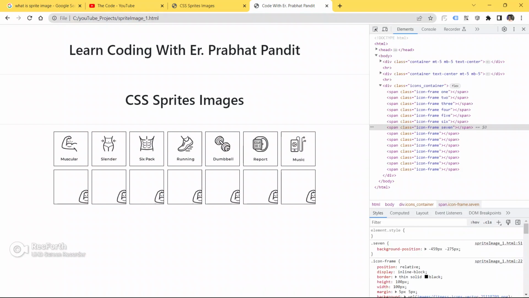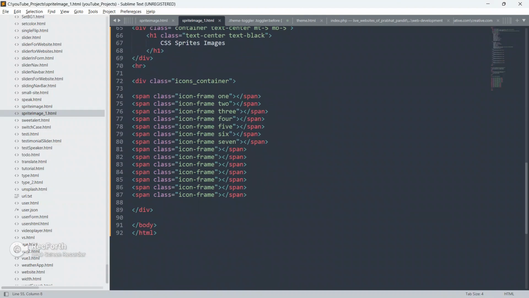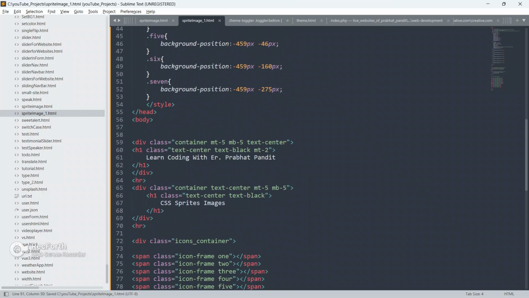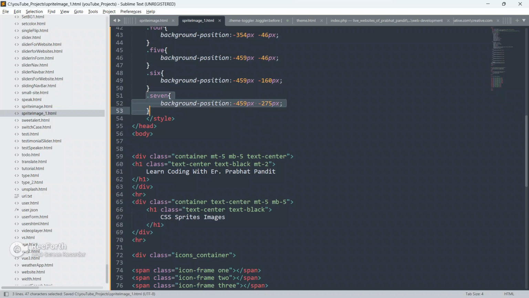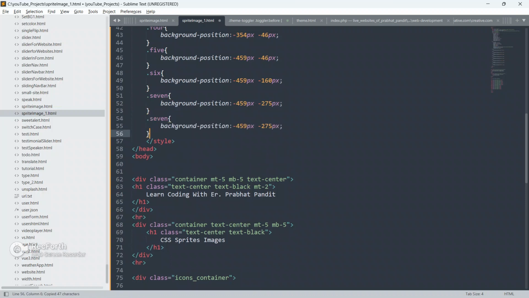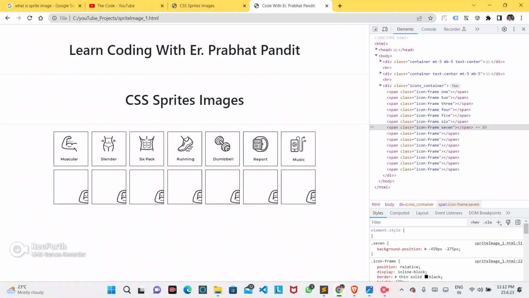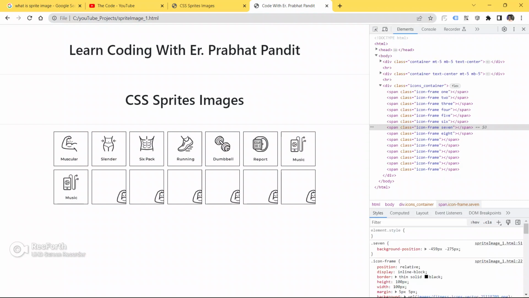Save your code, go to the browser and refresh your page. See, boom guys. Okay, so now give another class as 8. So go up, copy this class from here and paste it here and make this 7 as a 8. So save your code, go to the browser and refresh your page.